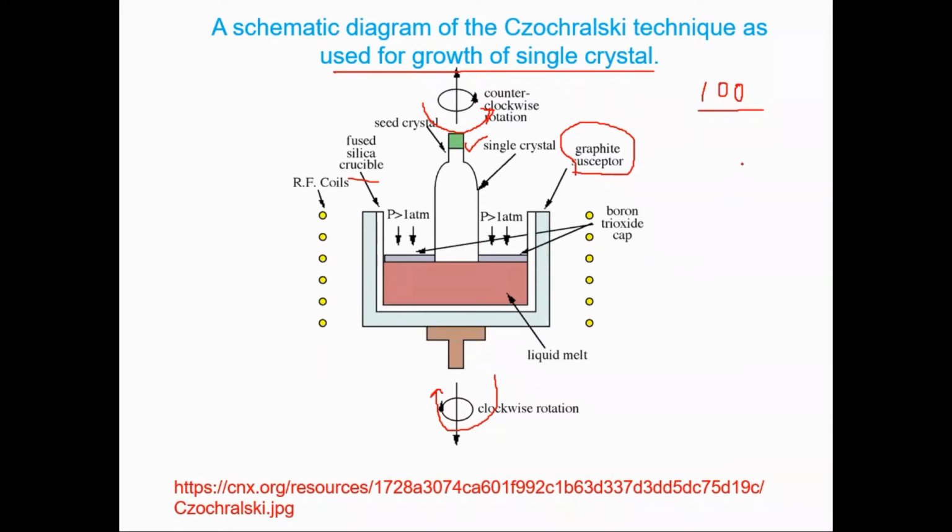He got the idea when he was putting his pen into the coffee and pulling the pen out. Coffee also tries to come with the pen. Coffee has a high surface tension, but that is not the case with silicon. So when the silicon seed crystal is pulled up, then immediately from this line, when it is pulled out, it solidifies.